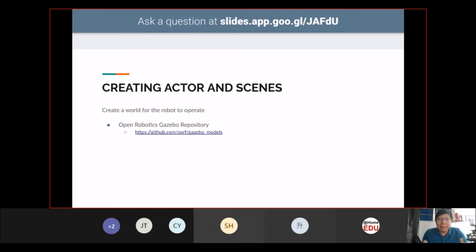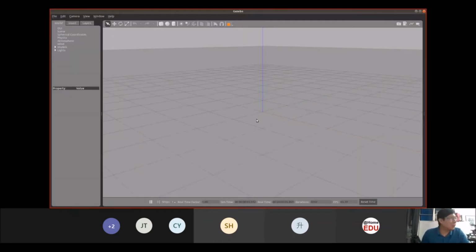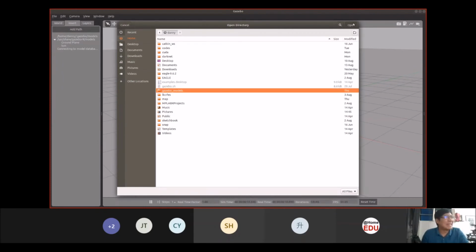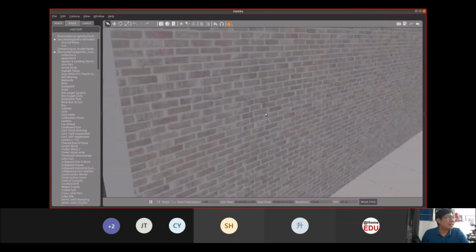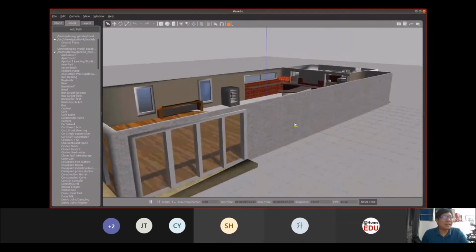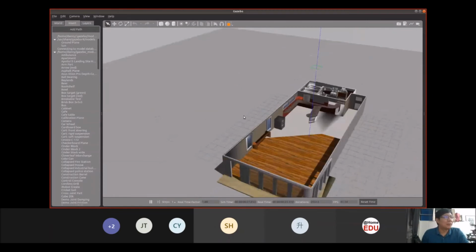One thing about running simulation is you need to make sure your PC is actually strong enough to render everything that's available there. If not, it does slow down your PC quite a bit. I'm having a ThinkPad workstation over here, and sometimes it still feels laggy. So make sure you have a sufficiently strong computer to run your simulation. So for example, here you have the cafe.